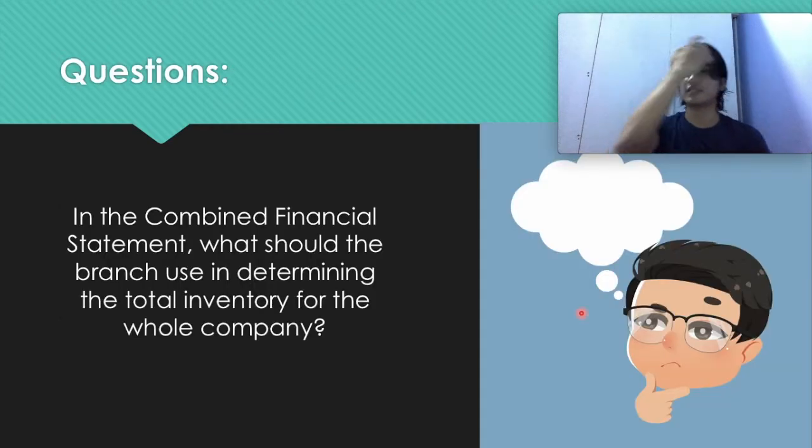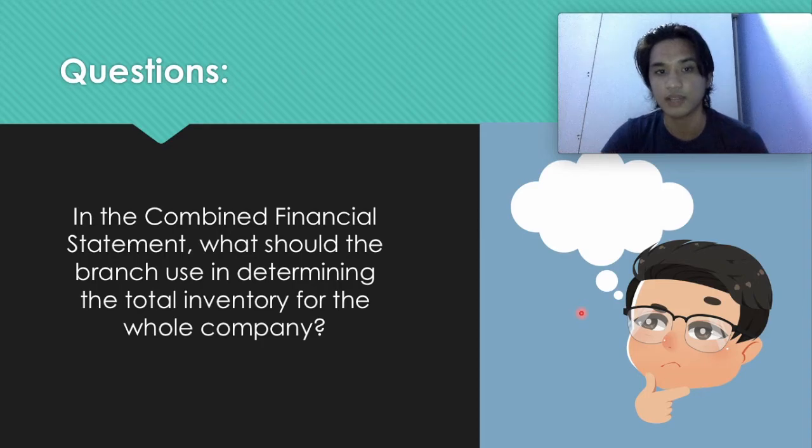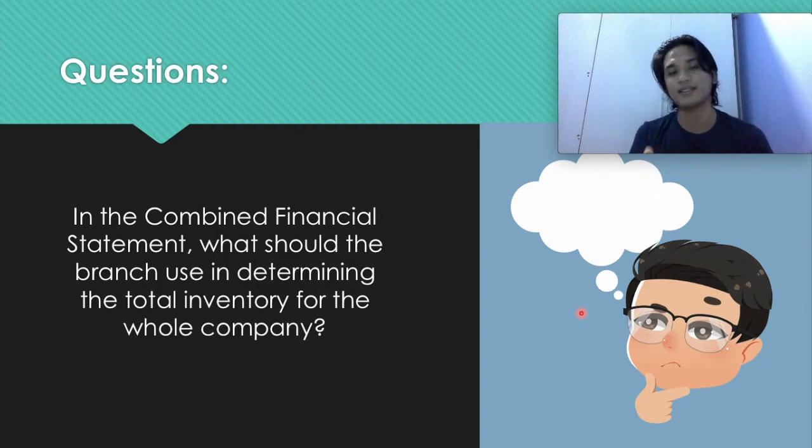Now, in the combined financial statements, if you'll remember, there were remaining inventories presented in the branch financial statements, which amount to 360, because there were 3 units at billed price 120, so 120 times 3, you have 360. The question is, what would be the amount included in the combined financial statement? Naturally, for the separate financial statement of the branch, he will put 360 because he does not know how much the markup is. So he will take the billed price as the cost of the inventory. But for the combined financial statement, the markup should be taken out.